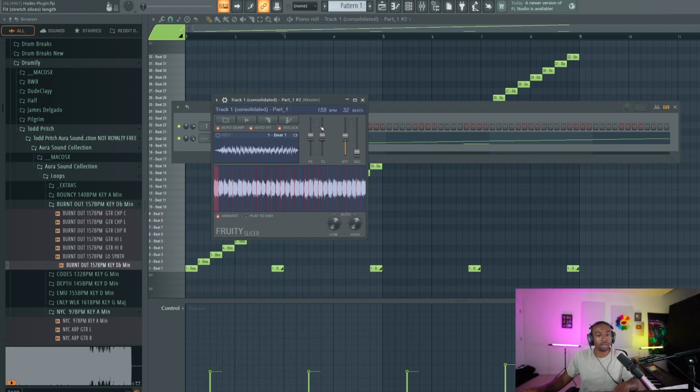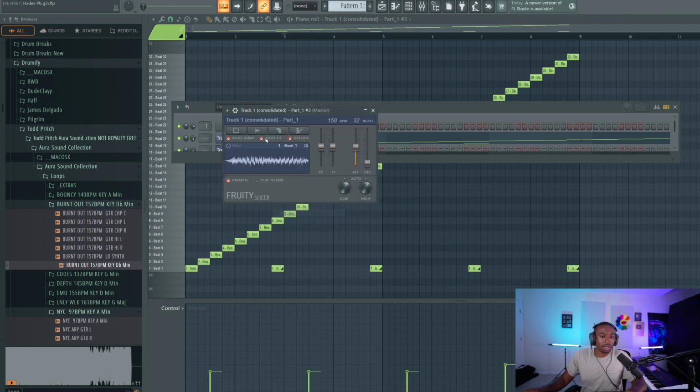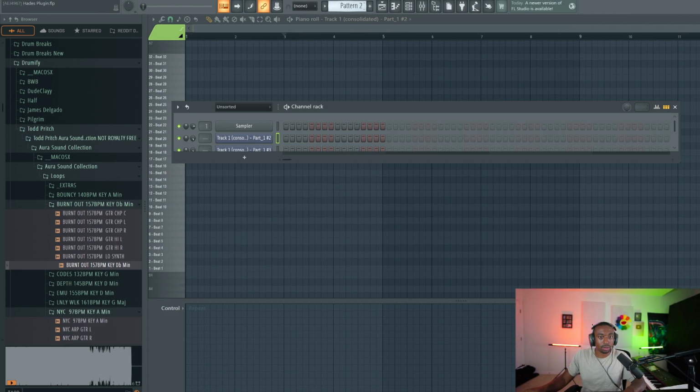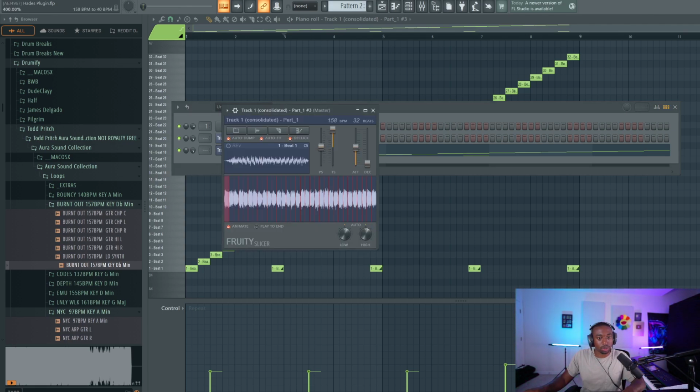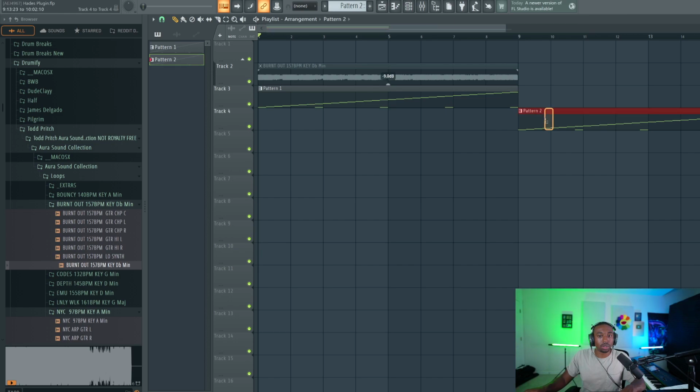So that's a way you guys can create different sections for your melodies, pitch it up an octave and do cool stuff like that. And what we could do, if you guys are trying to make this simple, we could right click, clone this, copy the notes, hit Control C, go to a new pattern, and then paste that into the clone version. And then on the clone version, we're going to pull the tuning up 1200 cents, which is an octave. So now we have both the original tuning and then one that's an octave higher. Let's go to the song mode to hear this.